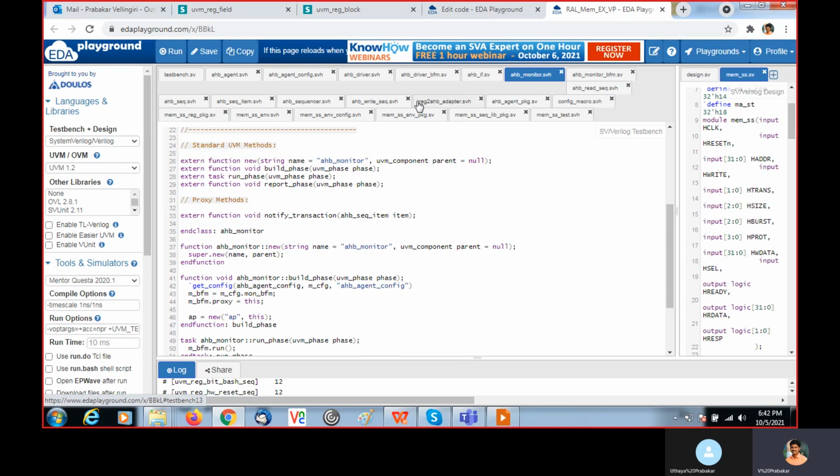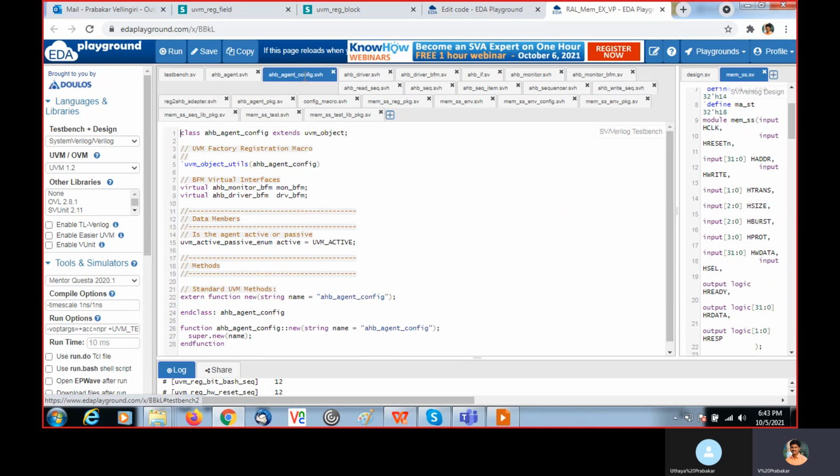Inside the AHB agent config, we have the interfaces that we created, monitor BFM and driver BFM. That is declared here. For these we will assign from the top.